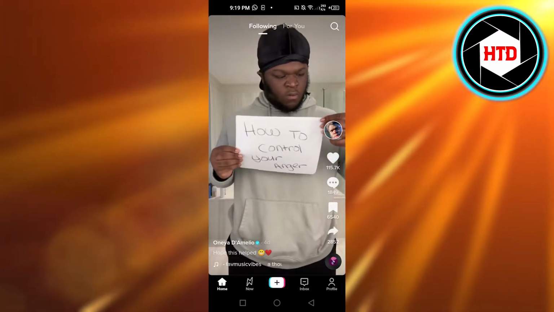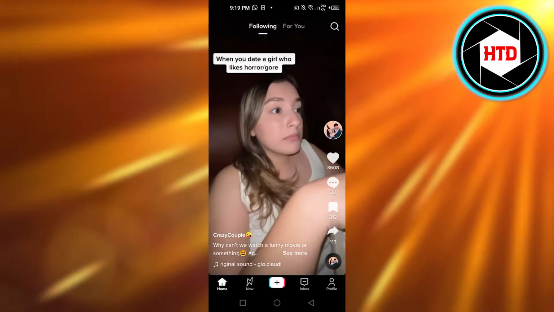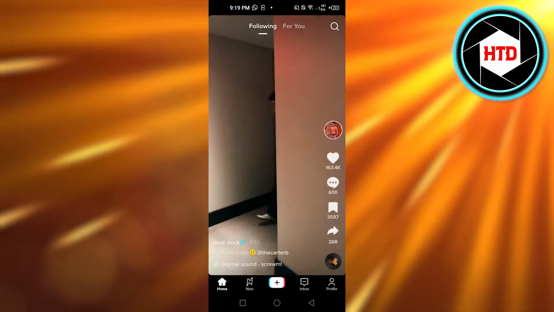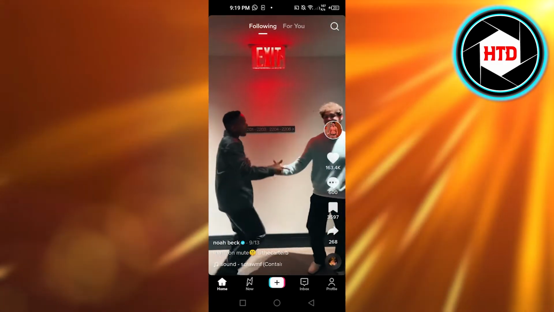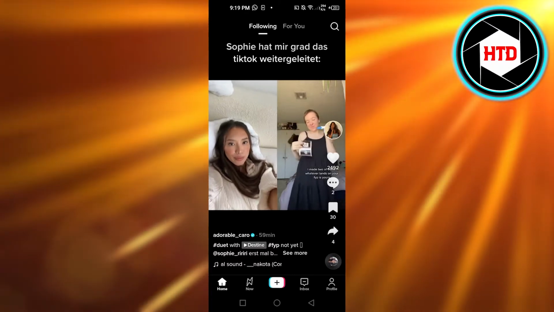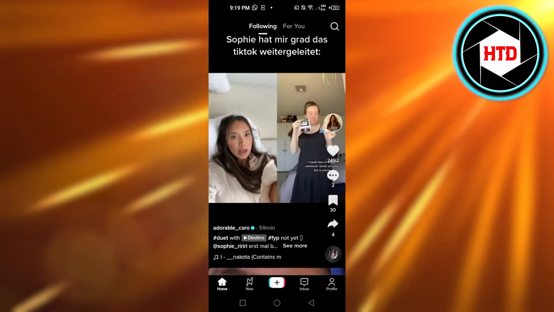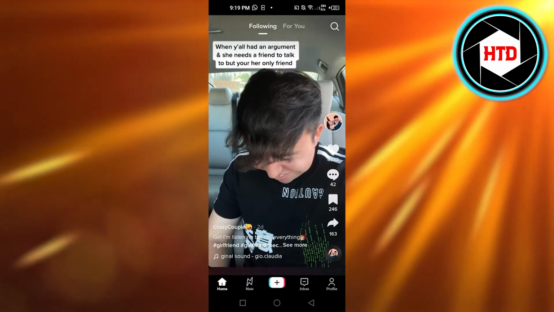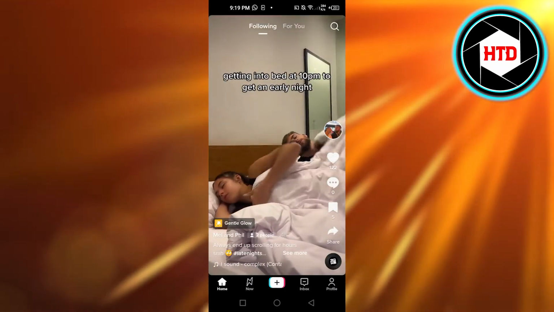So let's get started. First, what you guys need to do is open up your TikTok on your mobile phone. We sometimes see that different people post a TikTok and they have a question sticker. How to add that sticker is actually really easy. To demonstrate, I'm going to create a TikTok by just